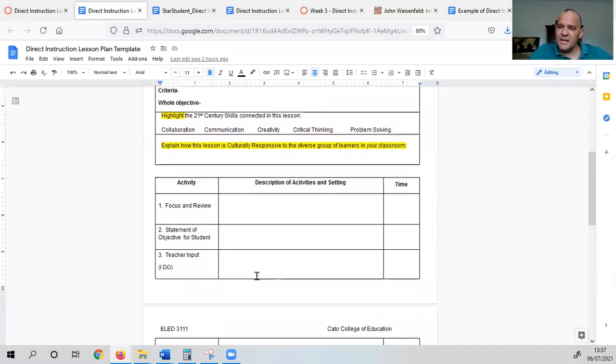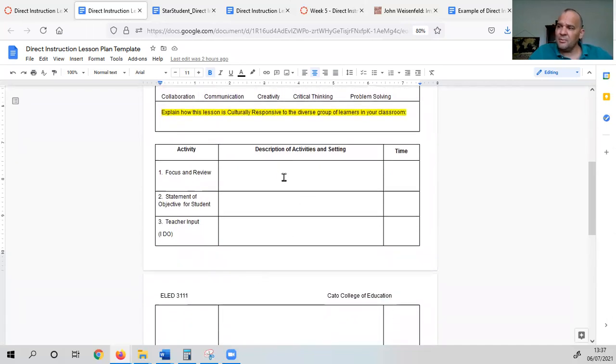The other features now in the direct instruction lesson plan are just how do you organize it? So the focus and review part is really how do you hook the students, get them interested in the lesson. The statement or objective for the student is putting the objective statement in kid-friendly language. The teacher input part is what you do as the teacher to help support and prepare your students for the